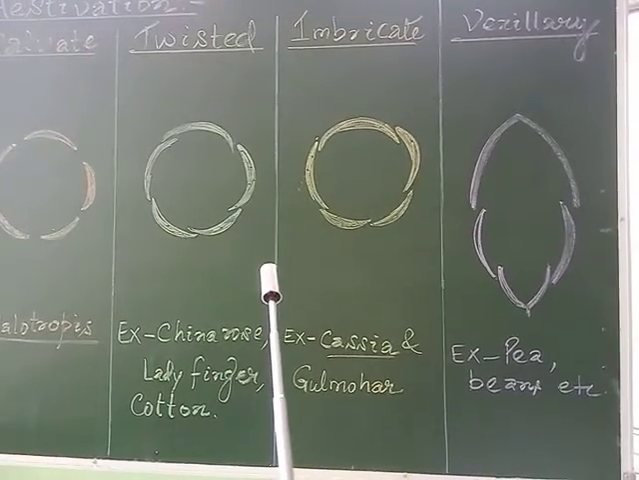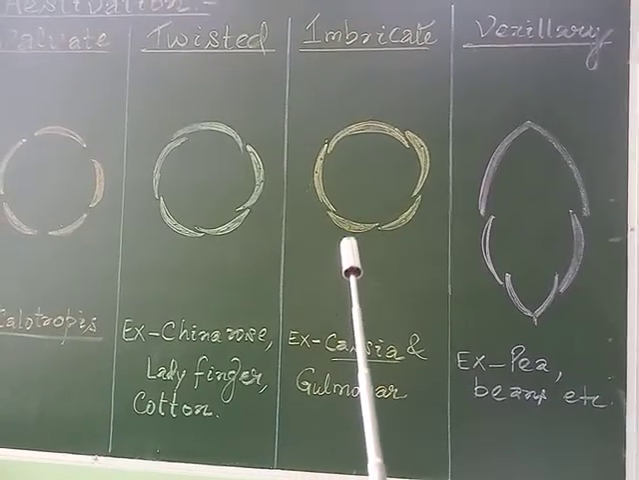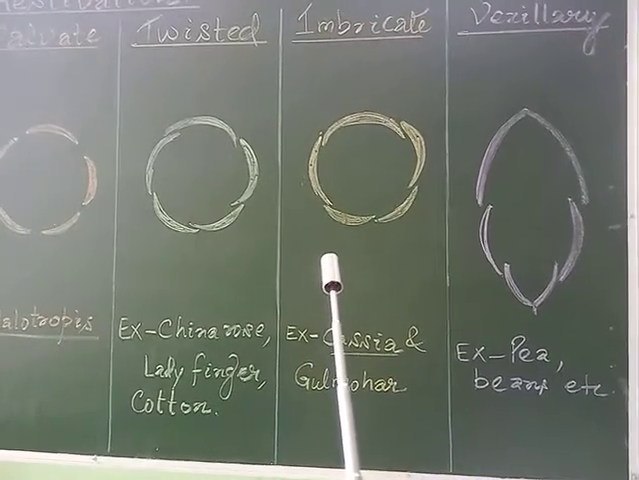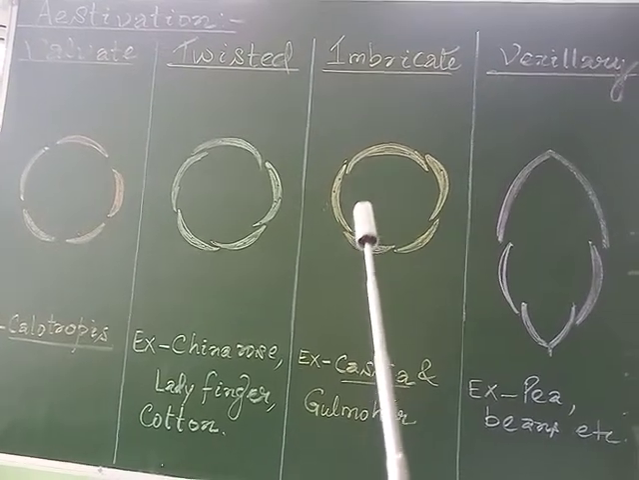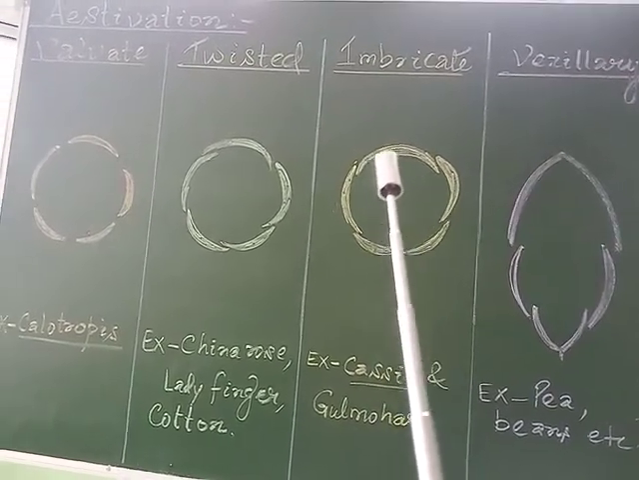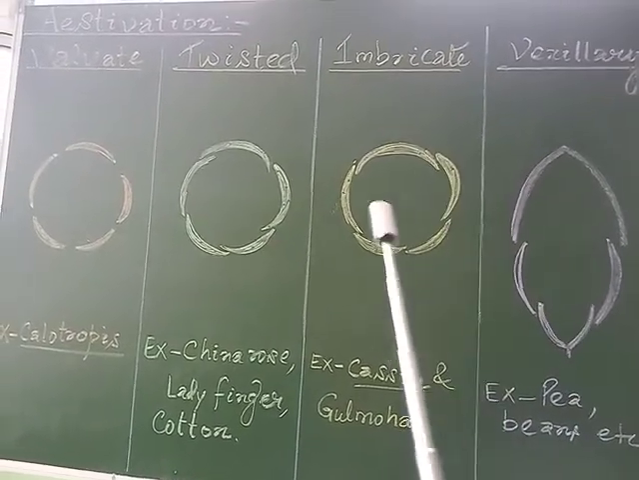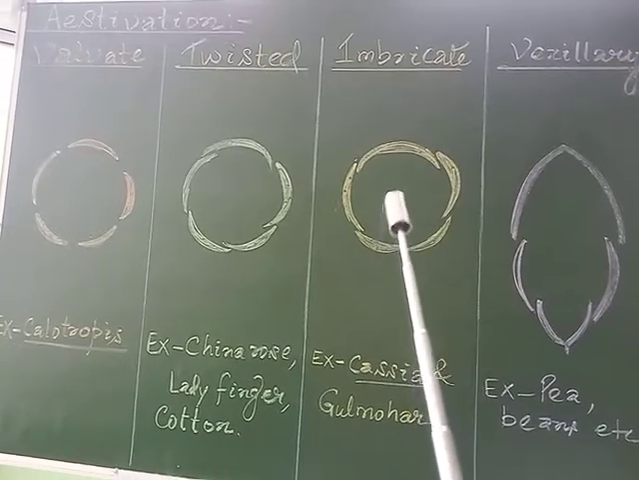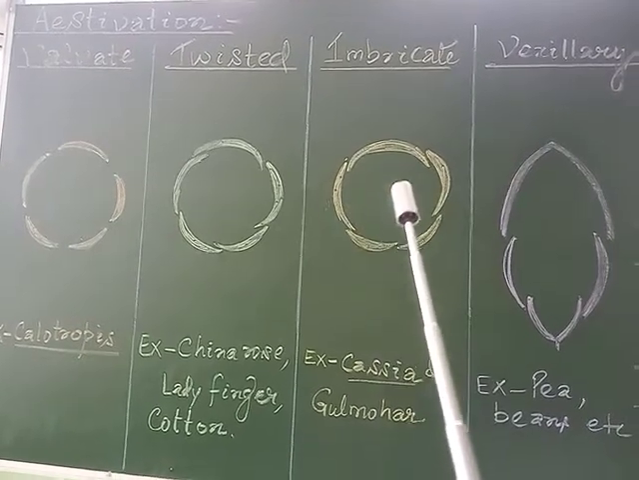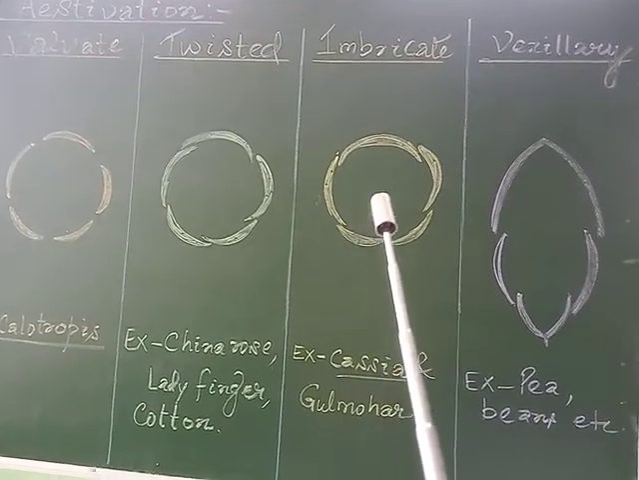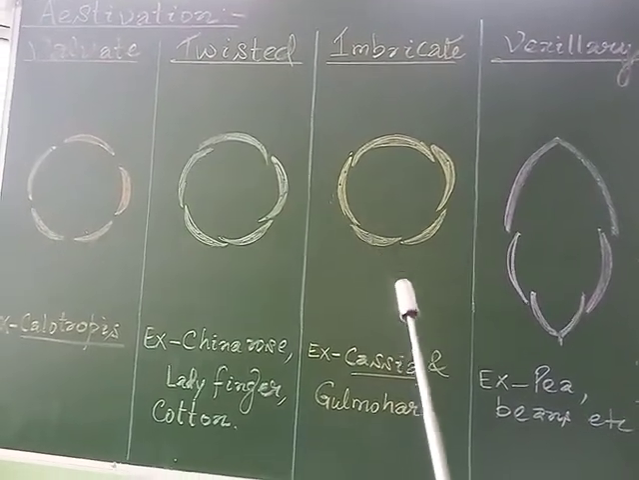If the margins of sepals or petals overlap one another but not in any particular fashion or direction, then we may call it imbricate type of estivation. In this case, we may observe the arrangement of the particular sepals: they are not in a particular fashion or direction, but they are overlapping and not in a fixed fashion. So such type of estivation is called imbricate type of estivation,